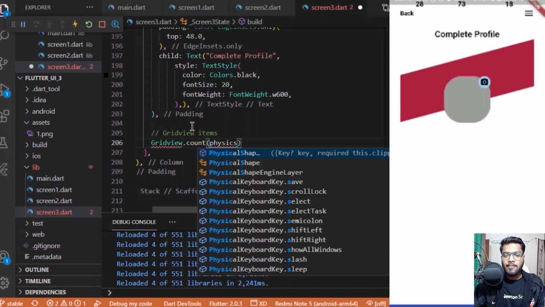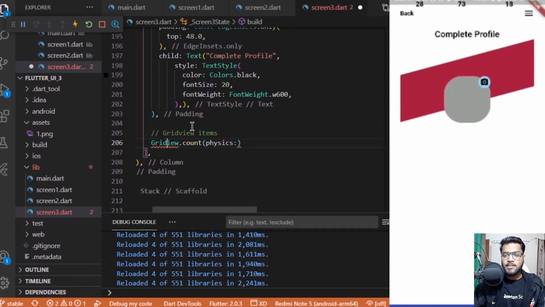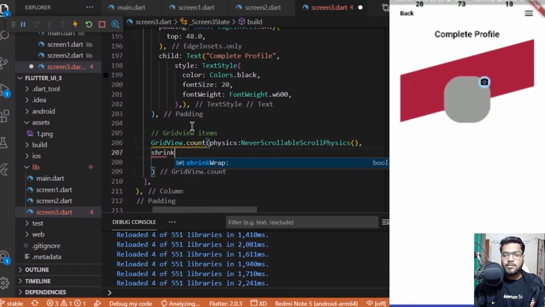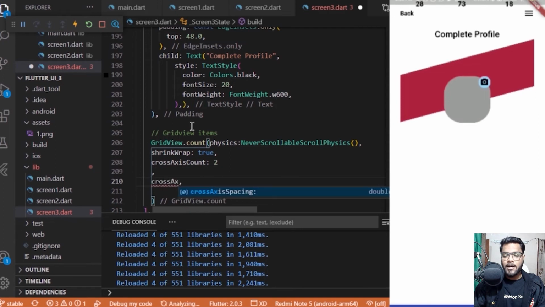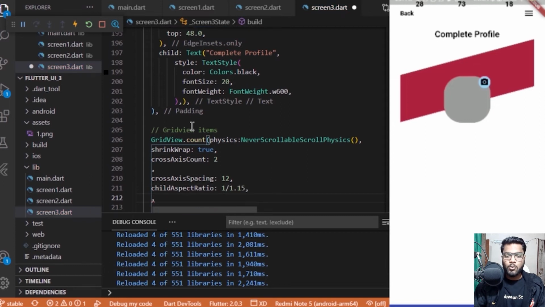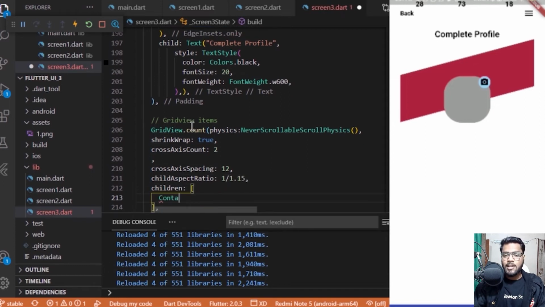So for that I have added a grid view which will be having a physics as never scrollable physics, and after that it will be having shrink wrap as true, and the cross axis count would be 2 because we want only 2 items to be displayed in a cross axis. Next up, the cross axis spacing and child aspect ratio, I am setting them accordingly. You can try changing these values and see how the app is behaving towards them. And for the children of this